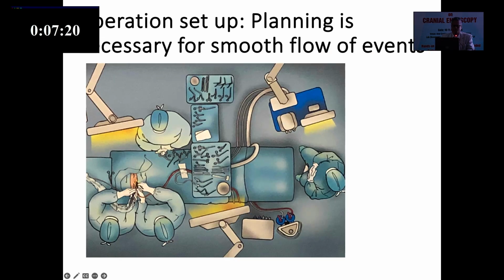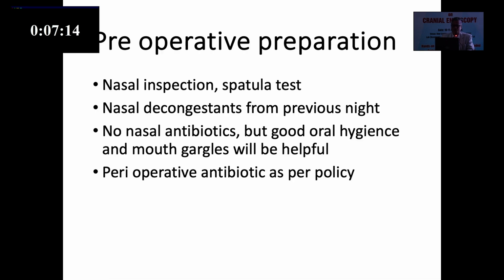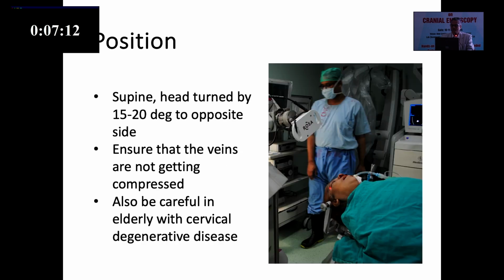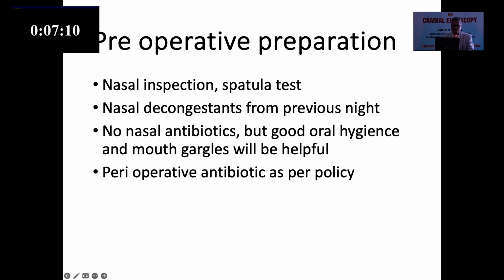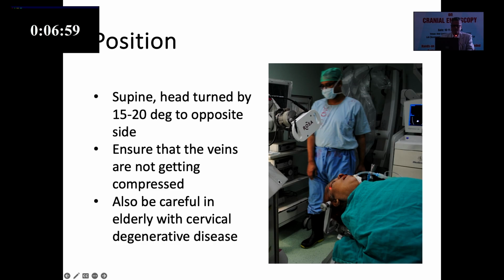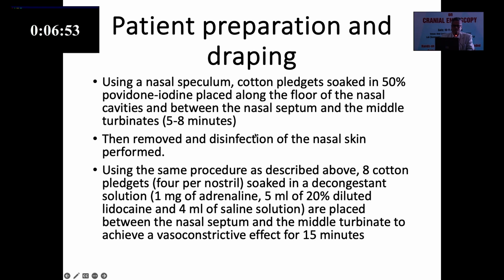And of course, setting up the OT table is very important. Now how you set up, generally I do it in the simple way by which you can enter, as we used to do for the microscopic TNTS. Now pre-operatively it's very important to do a nasal inspection, spatula test, nasal decongestants, no nasal antibiotics, antibiotic policy as per the department protocol. So we place the patient supine, 15 degrees, turned to the opposite side, everything standard. And then